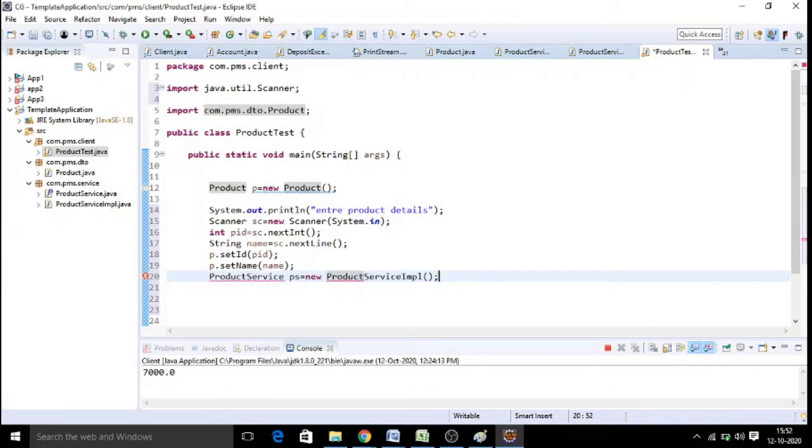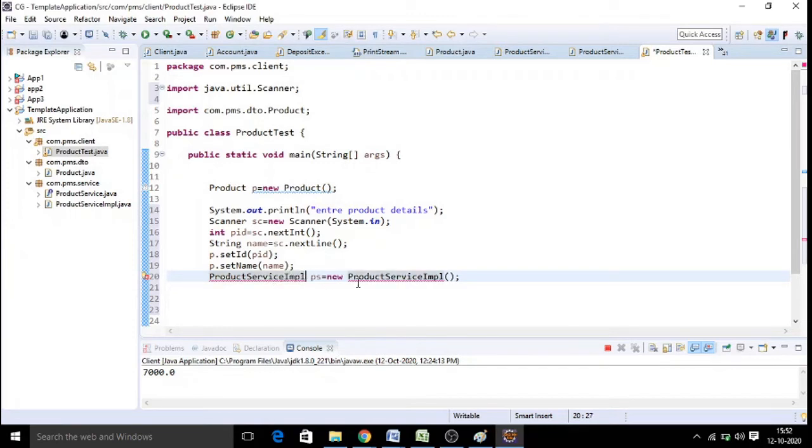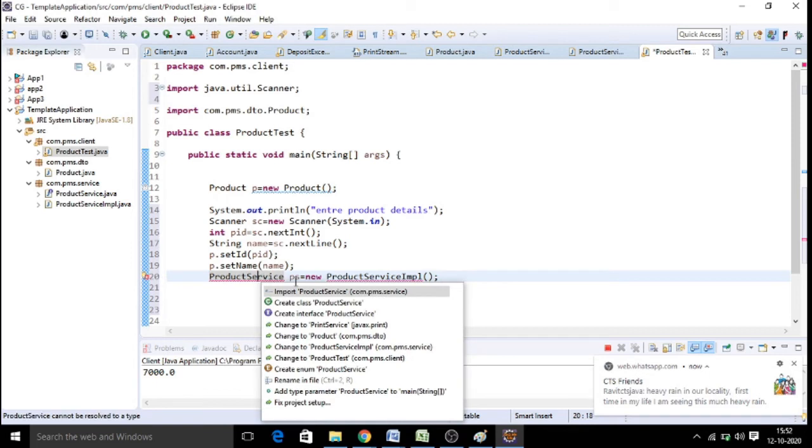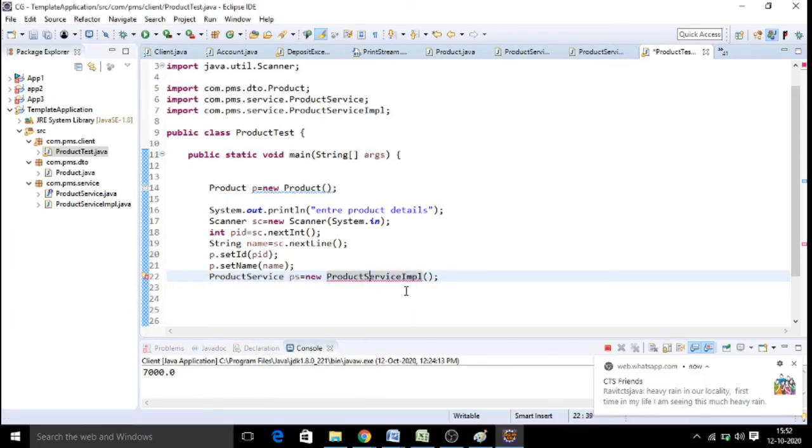This is how we will create an object. Always you have to use this interface only. You don't directly create an implementation class object and work with that. You should use the interface on the left side and the implementation object on the right side. Okay, so this is called interface implementation. You import both the implementation class as well as the interface.